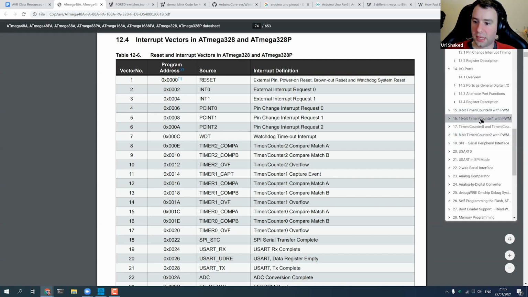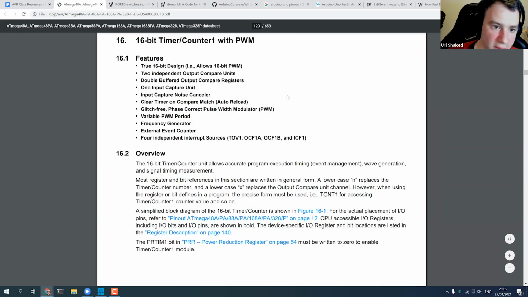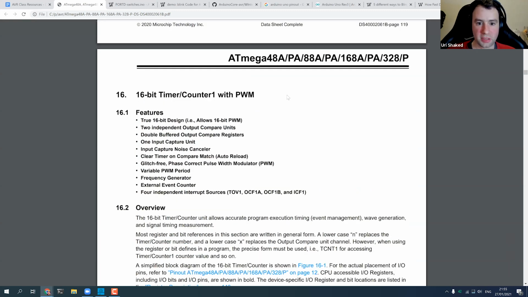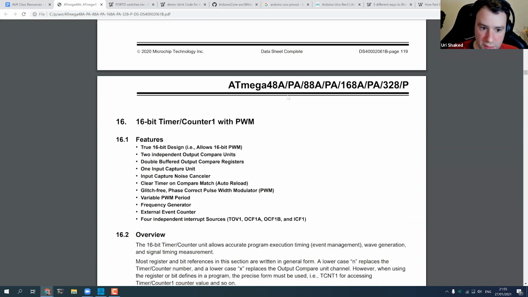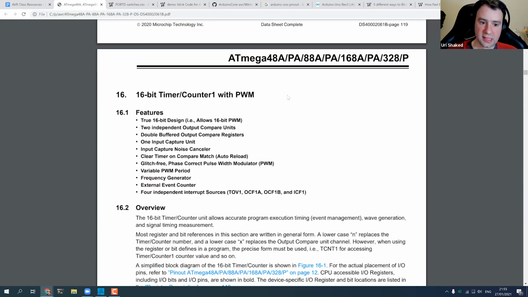We won't finish this today, we'll continue talking about timers next time, because they are really complex. In fact, they are the most complex peripheral that exists on the AVR.